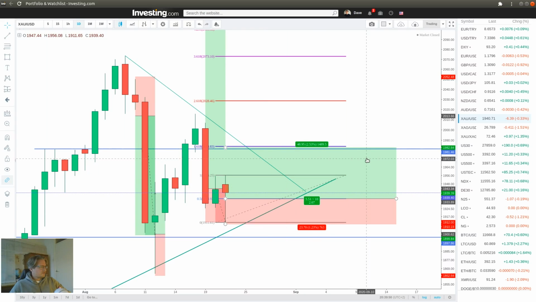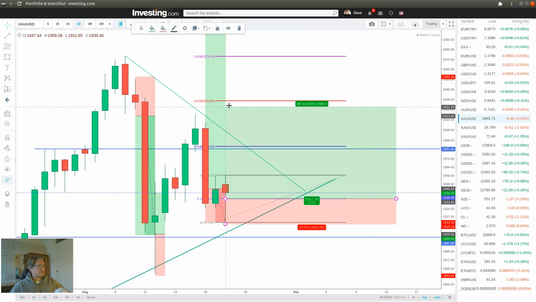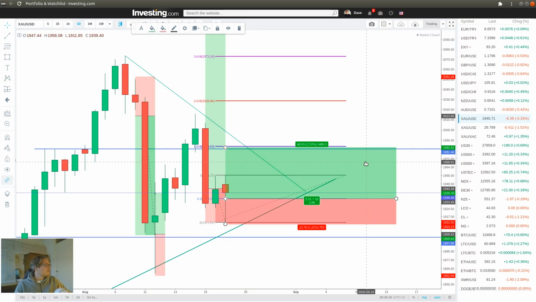So that's a first good level to get out, and if all goes well, I might even let the trade run all the way back up here for almost 5.8 to 1 reward to risk. But the first target will be around 2 reward to 1 risk at this level right here. So that's the 1982 level, more or less.